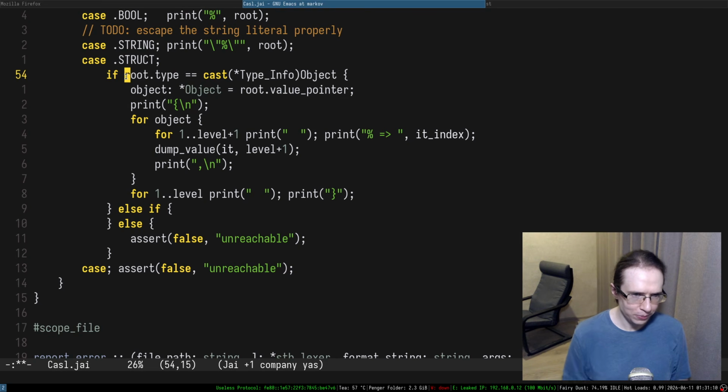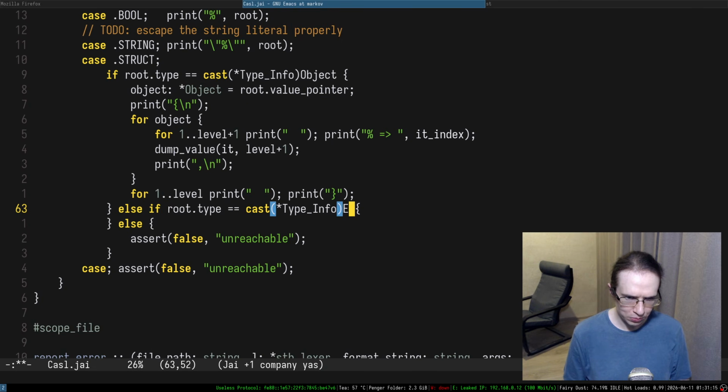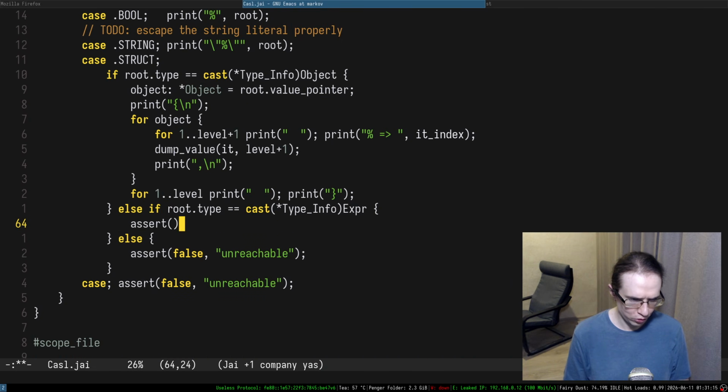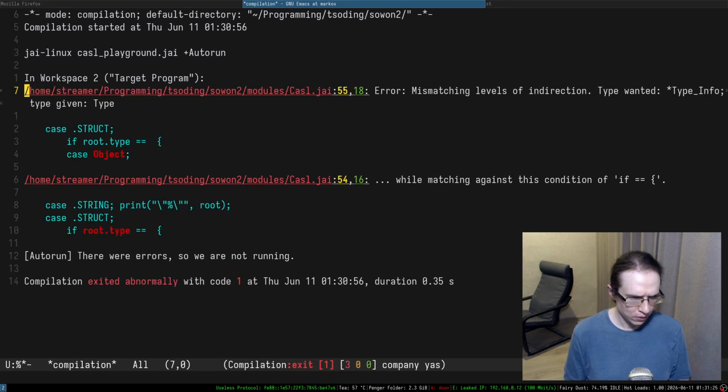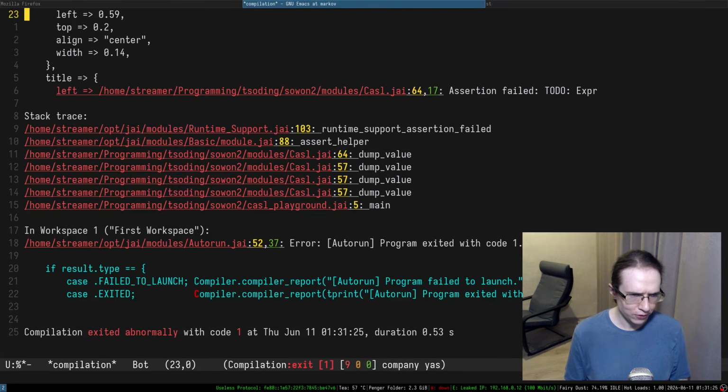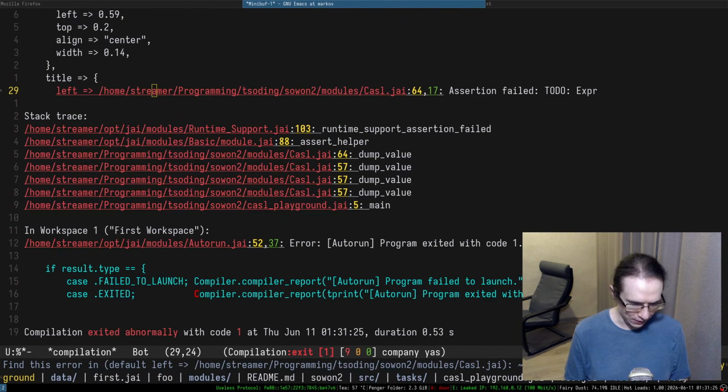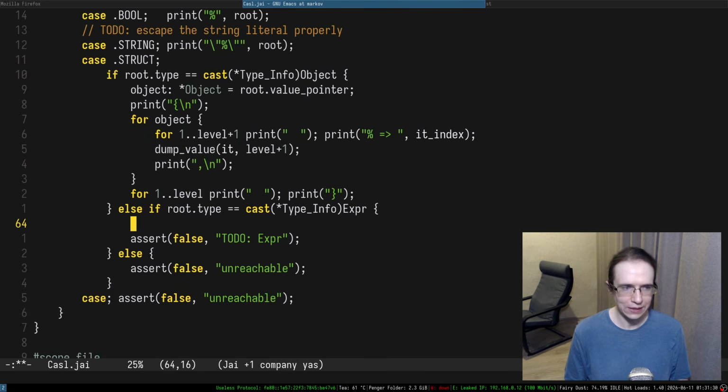So the root type, I suppose it has to be an expression, right? So let's put assert false, to do expr in here. False, to do expr. And did it fail at to do? Yes, it did. It did fail to do. So this is an expression. Okay, and this is where we can do some interesting things. So this is going to be expression, a pointer expression, I suppose, and then I just take